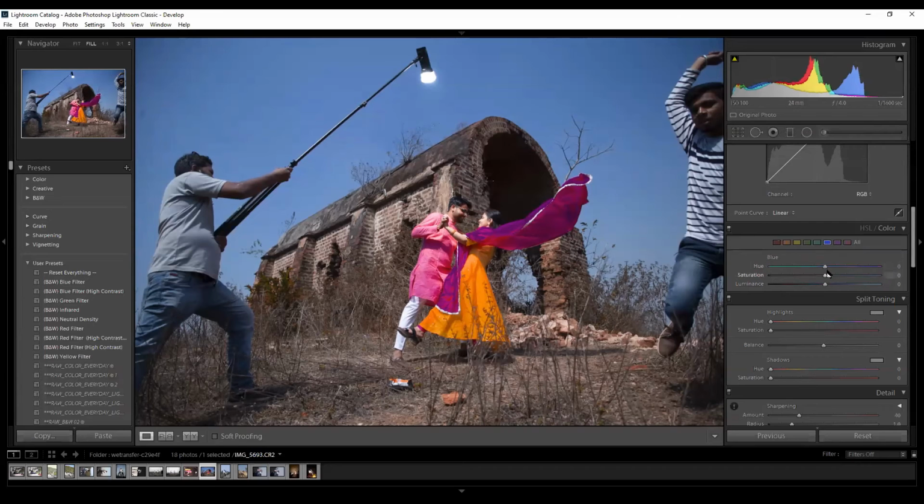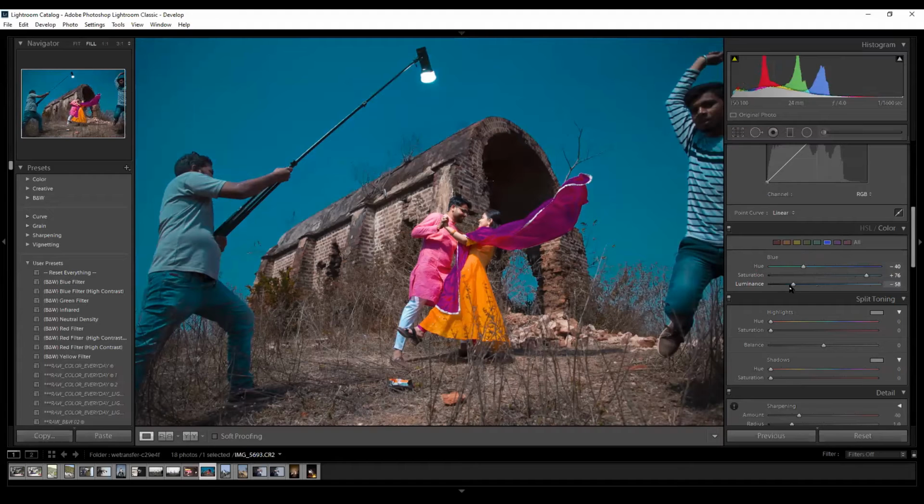Now play with the blues. Let's see what yellows we have, what greens we have in this image. There are no such greens.